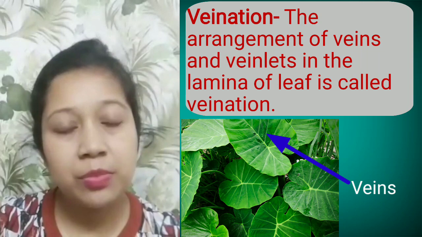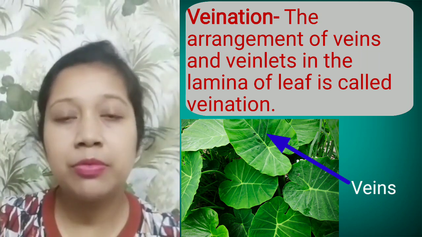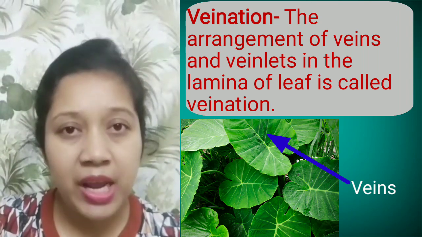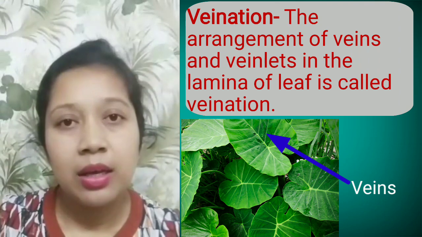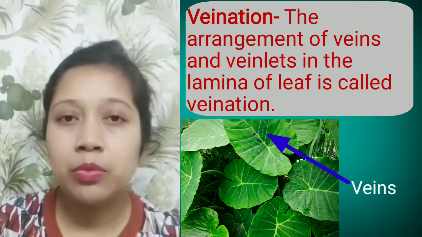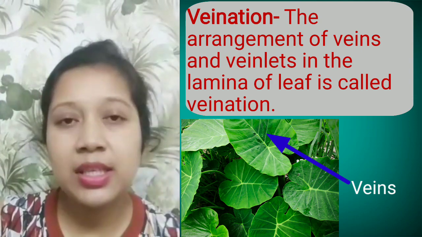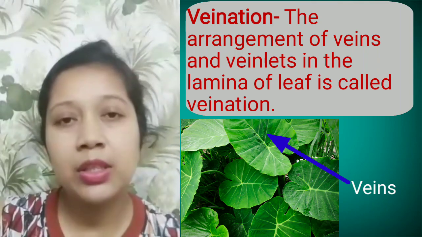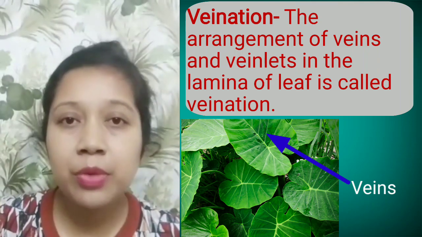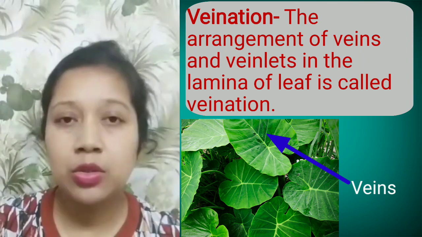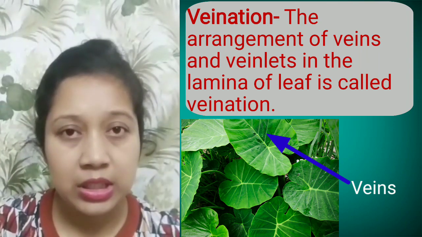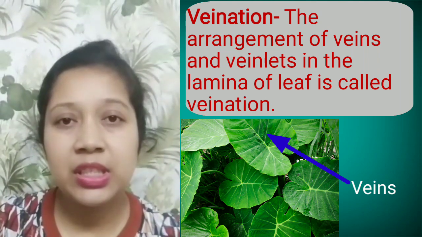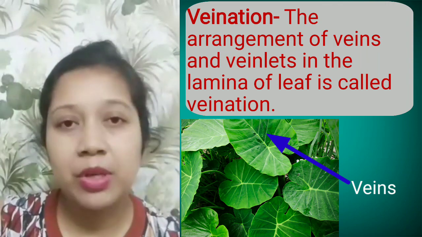And what does this word venation mean? It is the arrangement. That means we find venation differently in different types of plant bodies. I hope you have understood the word venation. It is the arrangement of the veins and the veinlets that arise from the midrib region, the principal vein which continues right from the root system to the shoot system, till the tip of the lamina of the leaf. So again, in very simple words, it is the arrangement of the veins and the veinlets in the lamina of the leaf.